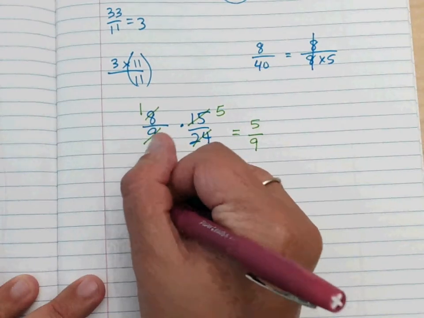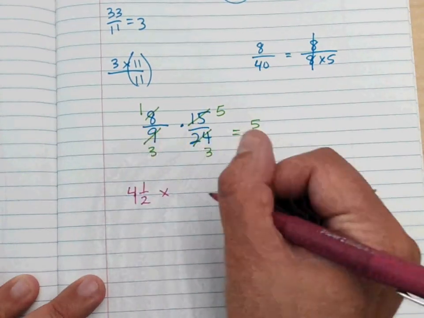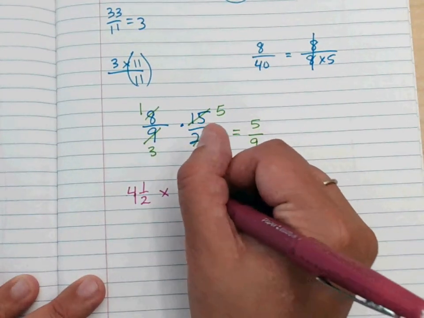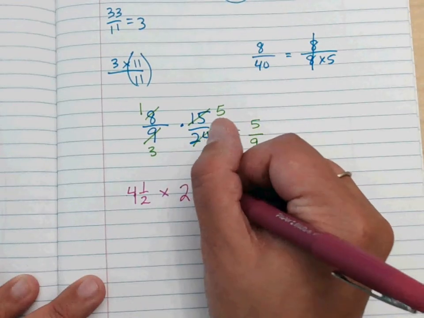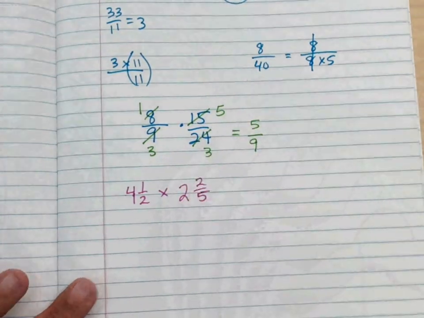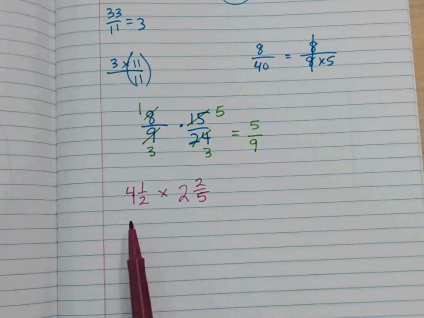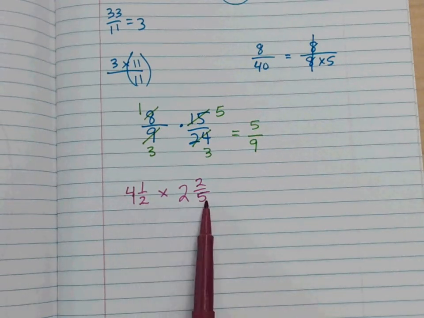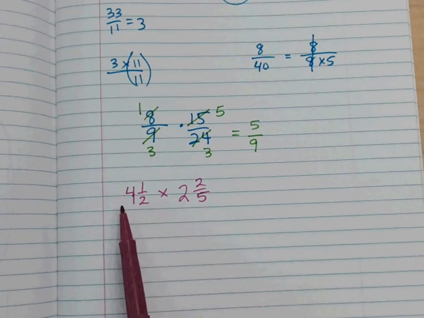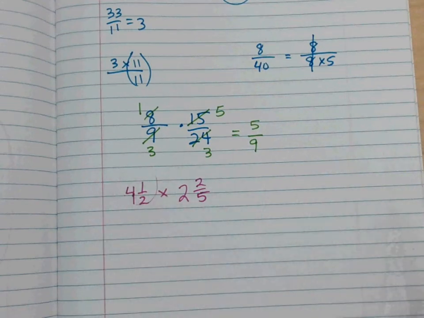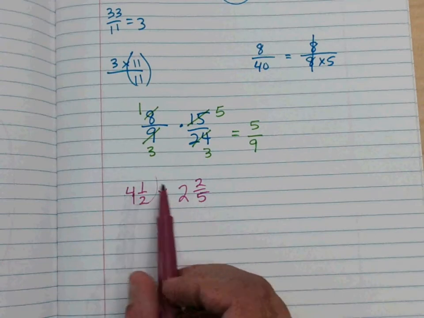4 and 1/2 times, I'm just going to do the first fraction. Actually I'll do this one, times 2 and 2/5. Okay, you can't just multiply 4 times 2 and then 1/2 times, you can't just do that. So you have an addition problem here. It would require actually much more work if you were going to leave it like this. So we're going to always change